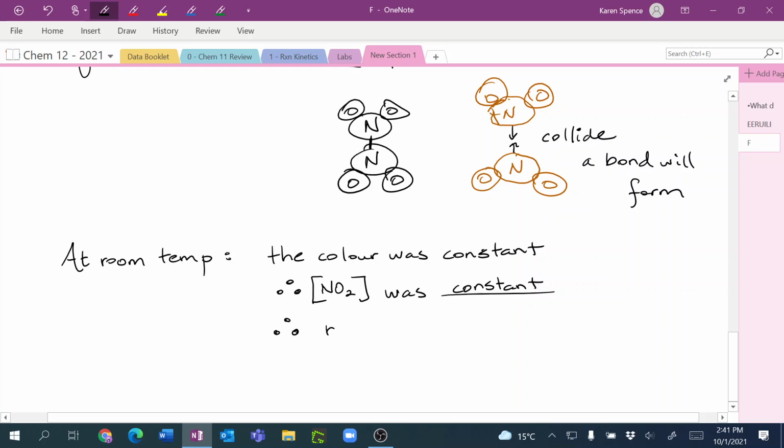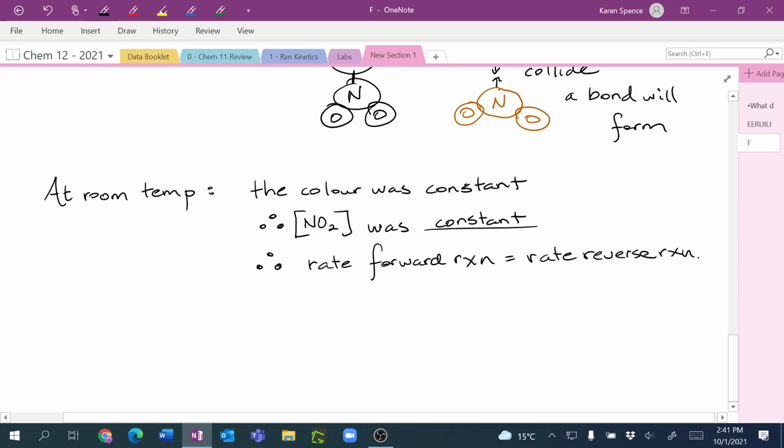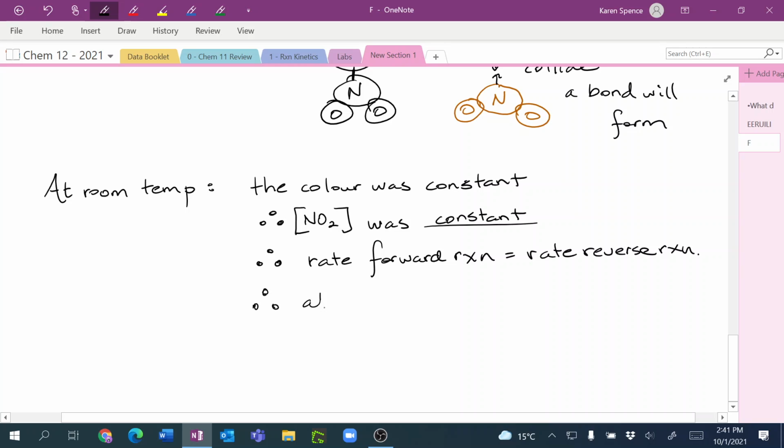They were the same. So we were at an equilibrium. Now, for today, because we don't have a lot of time, we're just going to talk about the transition to